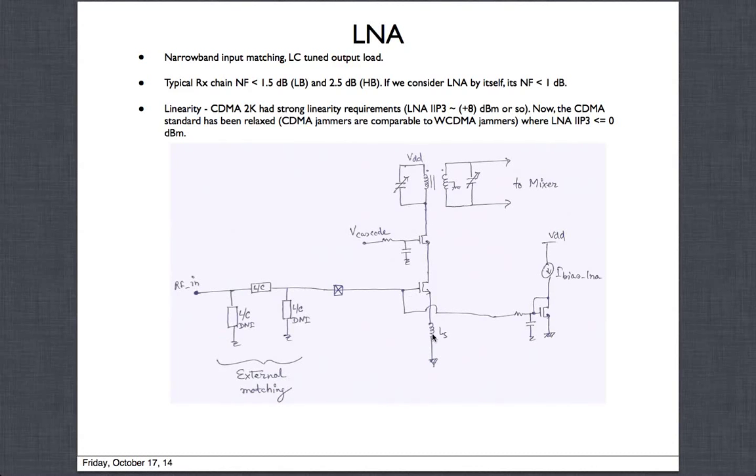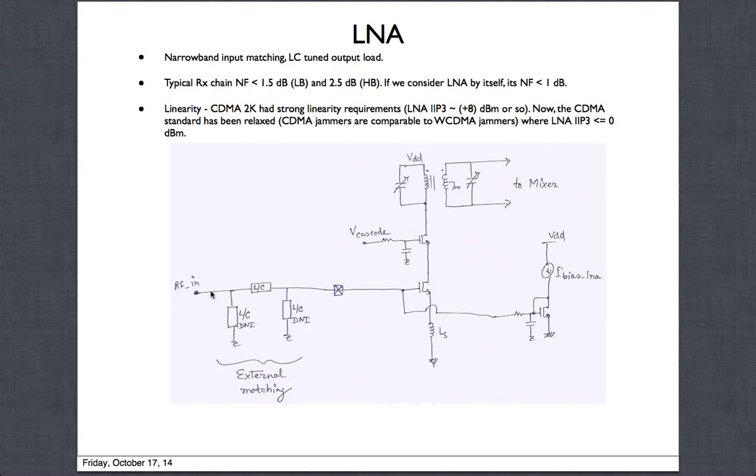So you have to make sure that the total combined L, this external L plus this L, along with the CGS, if you do the LC product and do a square root of it, which is the resonant frequency of an LC circuit, it should be 2.1 gigahertz. Okay, that's how we do the matching, and of course at that frequency you also get the impedance looking in.